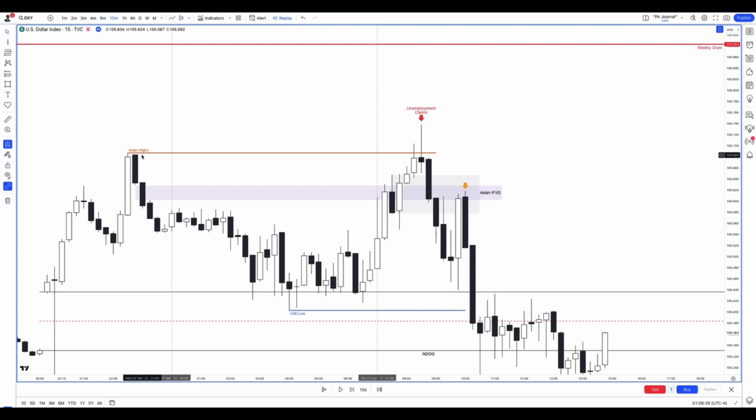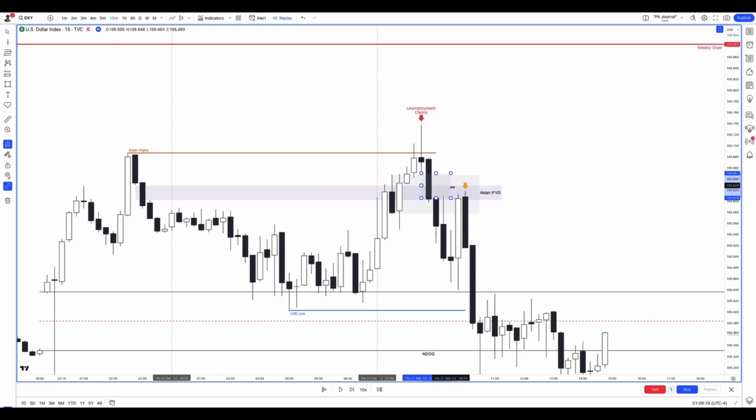I like to find PD arrays that nest together, which build confluence around together. So after we broke this Asian high, I was looking at this mitigation block, and you can see that mitigation block is paired beautifully with this Asian inversion fair value gap, which should have held support. Now it broke down, so now it's potential resistance. So now I have two resistance levels. I have the mitigation block as resistance. I have the Asian inversion fair value gap as resistance, and we also have this